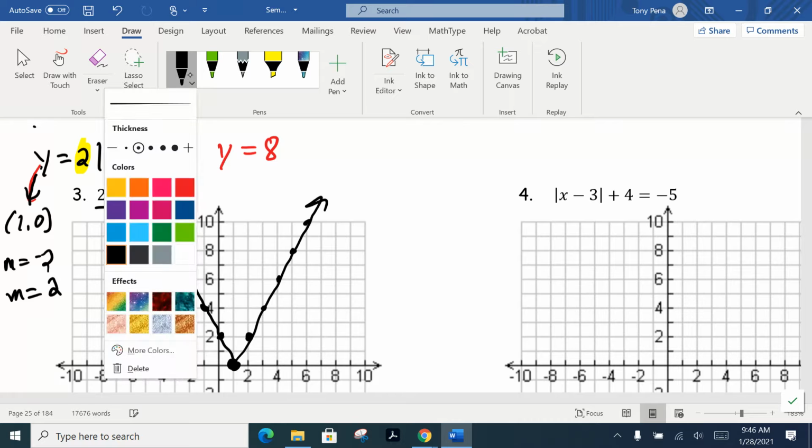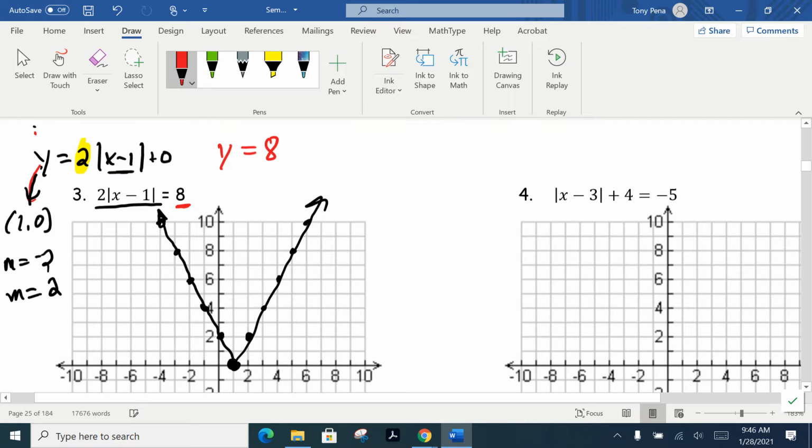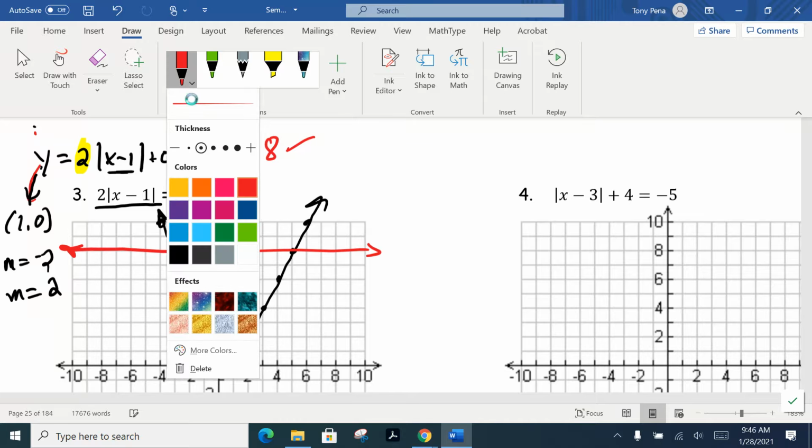All right, so that's the absolute value equation. Same thing we would have done yesterday. Find your point, do your slopes. This is old. You just got to remember this is a horizontal line. So you go to the y-axis at 8, and draw in a horizontal line, and then pretty quickly, if we do that correctly,